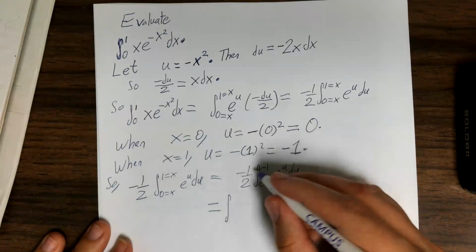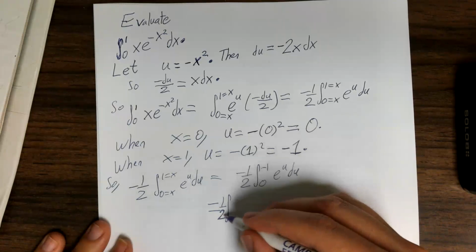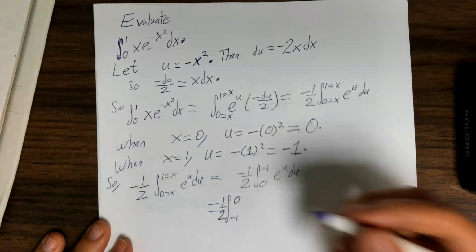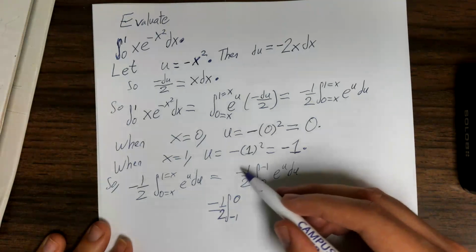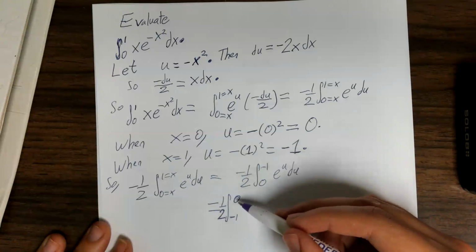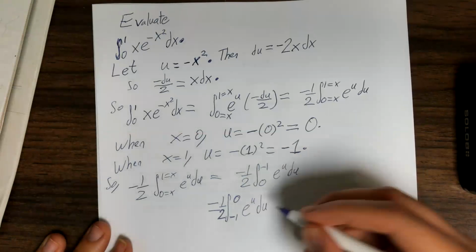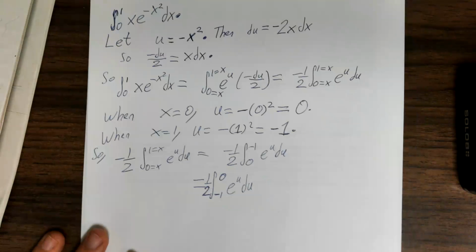So one thing that I can do is that if I multiply this negative in and just leave the 1/2 on the outside, then it flips the order of integration. So instead of having the negative here, I can remove it, but the cost of that is that I flip my order of integration. Otherwise, the integral remains unchanged. The function is still the same. The only thing that changes is that your order of integration gets flipped. Okay, well, great. Now that we flipped it,